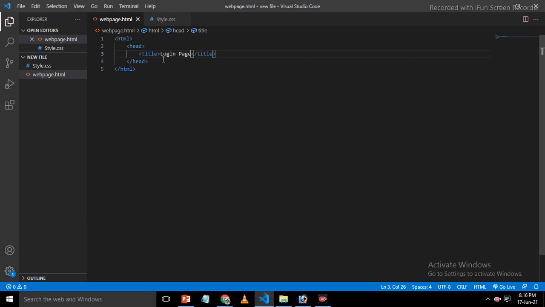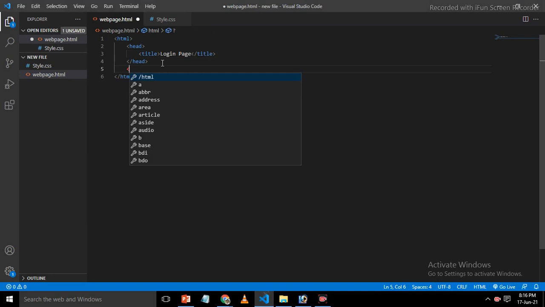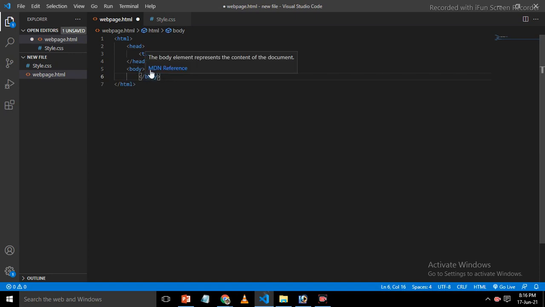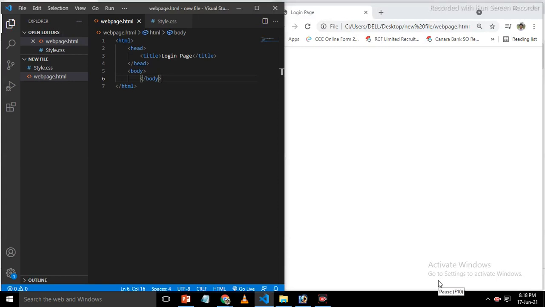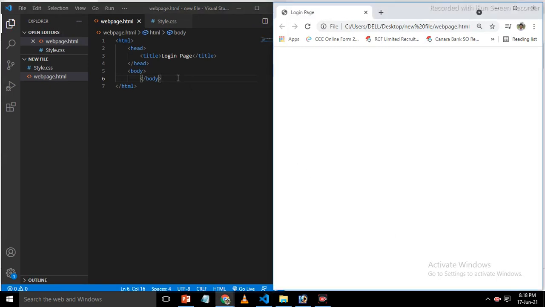Now we start our body, in which we put the content that will be shown on our web page. So we put body in it. Now we make the code that is used in the login page. As I already told, HTML works on the text that is used in the code.